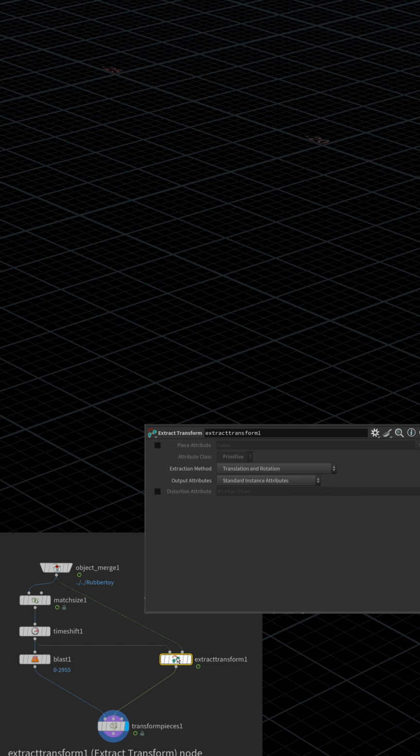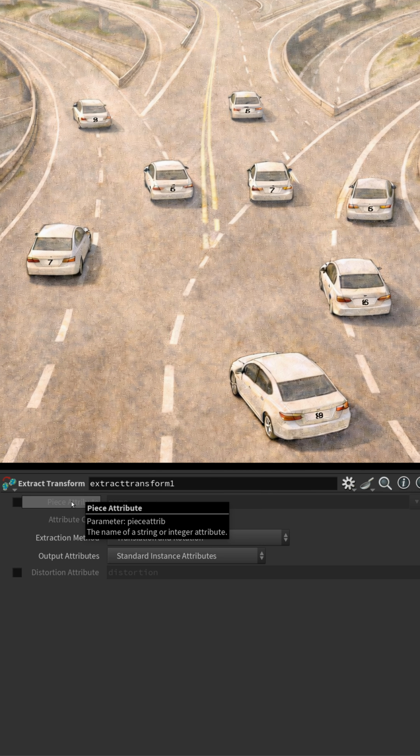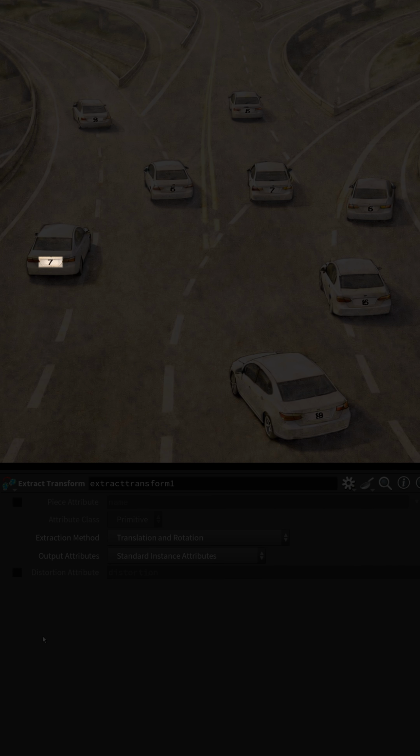Quickly, the important parameters. Piece attribute. Imagine a packed geometry called highway with 10 identical cars driving in different directions. The piece attribute works like a license plate, telling extract transform exactly which moving car belongs to which parked car